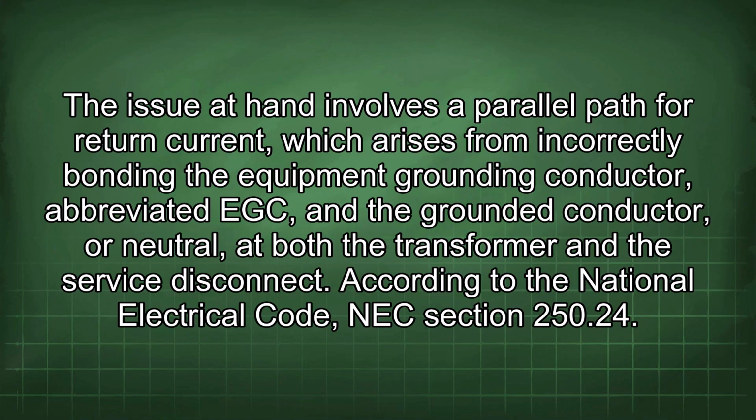The issue at hand involves a parallel path for return current, which arises from incorrectly bonding the equipment grounding conductor, abbreviated EGC, and the grounded conductor, or neutral, at both the transformer and the service disconnect. According to the National Electrical Code, NEC Section 250.24(b),